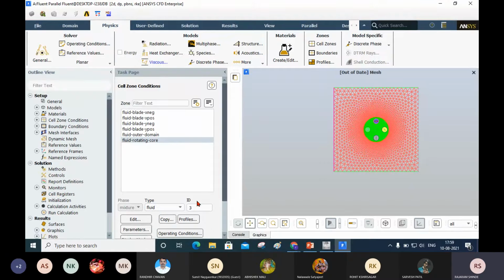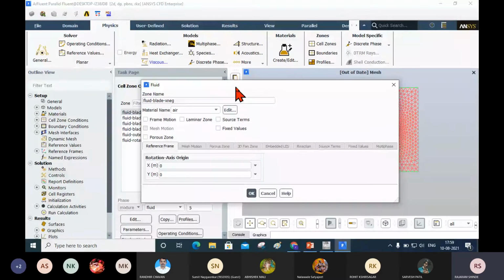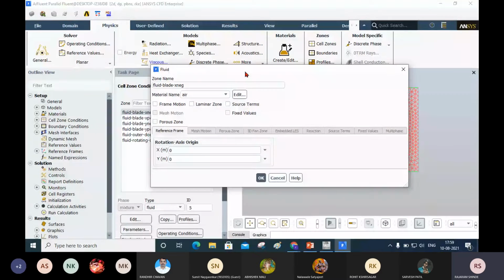Now next, we have to give the rotational motion to the blades. I will show you how we can give this. I will start from the first one, that is x negative, and click edit. Again the fluid is here.